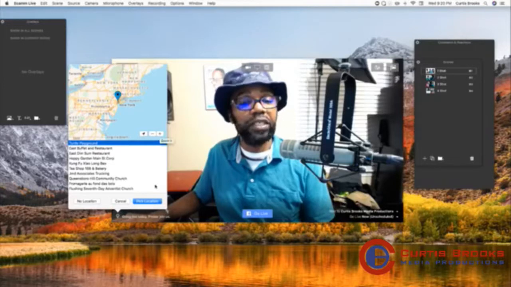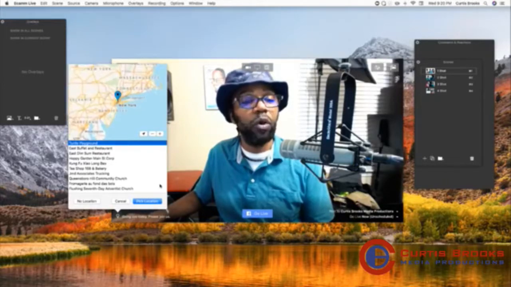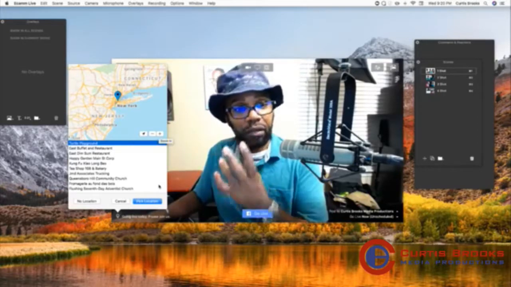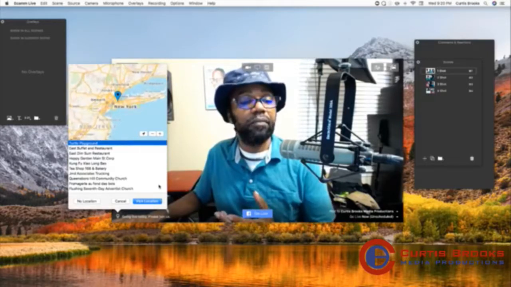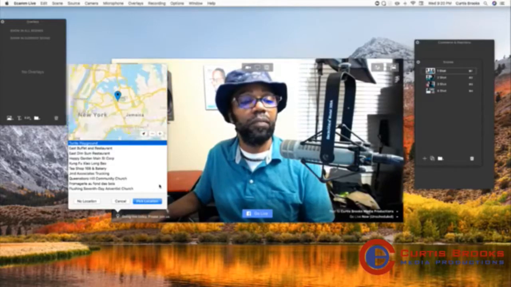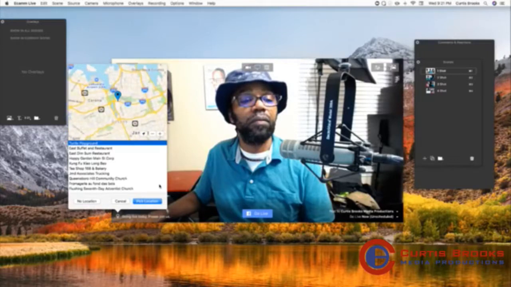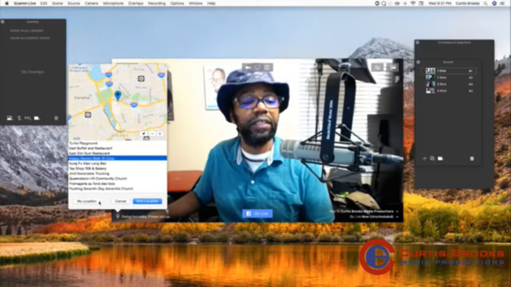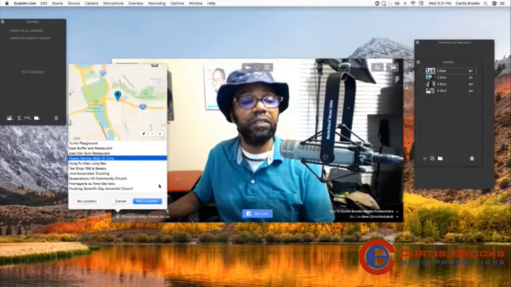I can use the plus sign or the minus sign. So I can zoom in with the plus sign. And as I zoom in, you'll see that the locations here are changing because I'm getting a more detailed view now. All right, you'll see that the location is changing. Okay, so now I can pick a location out of any of these places here. Let's see if we can go further.